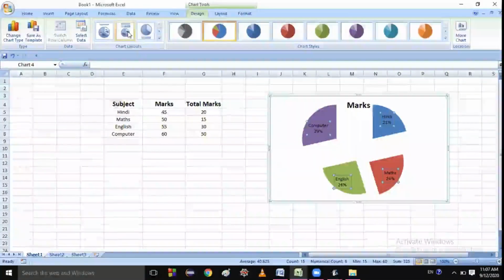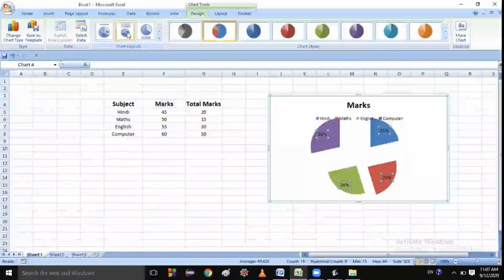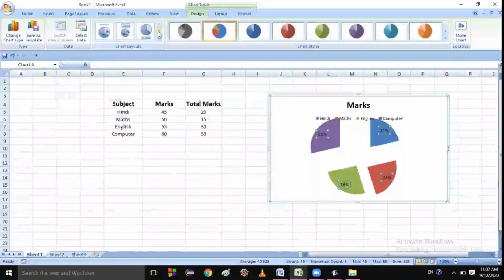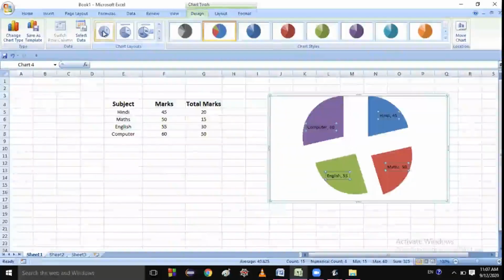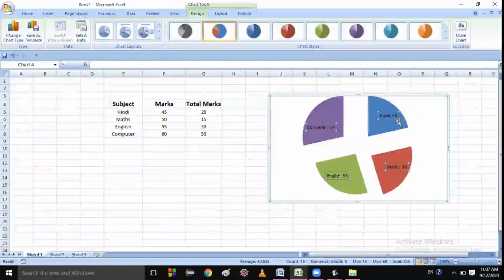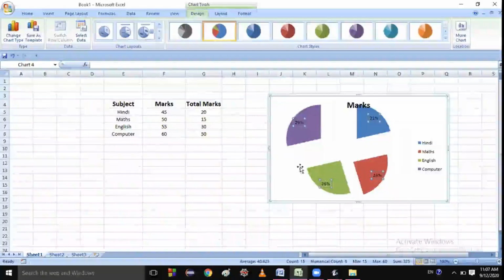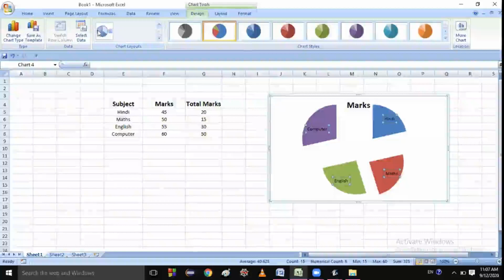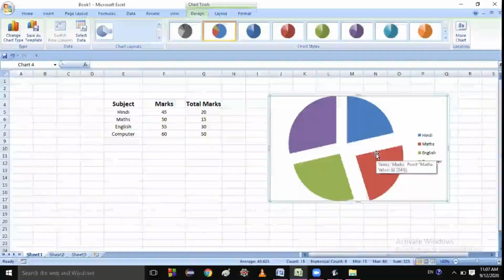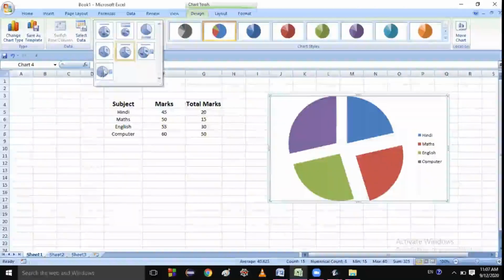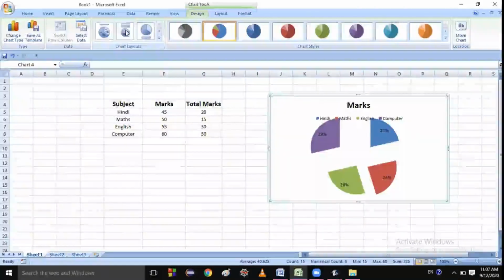And you can also, the legends will be upside in this way if you click on here, and the number, if you click on this, the number will be written in front of the subjects, and if you do like this, then it will be like here. So many changes you can do. Okay, students. Yes, sir. Okay.